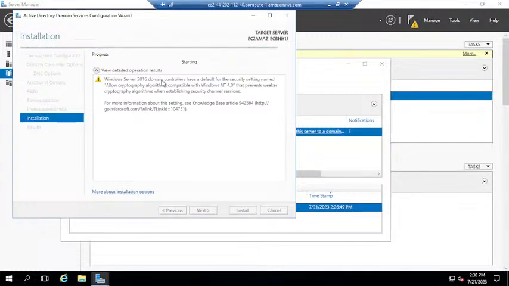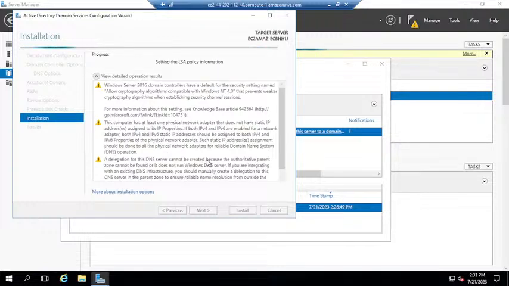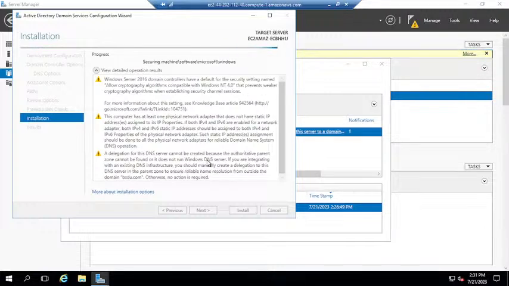Windows Server 2016 domain controllers have a default security setting named allow cryptography algorithm compatible with Windows NT 4.0, to prevent the cryptography algorithm when an established security channel session. It will take time, maybe 2 to 4 minutes. After that it will be finished with the results. Then we can create users for this server,